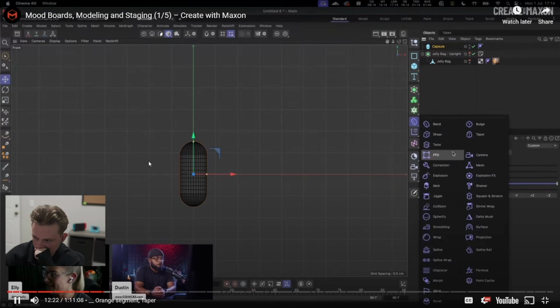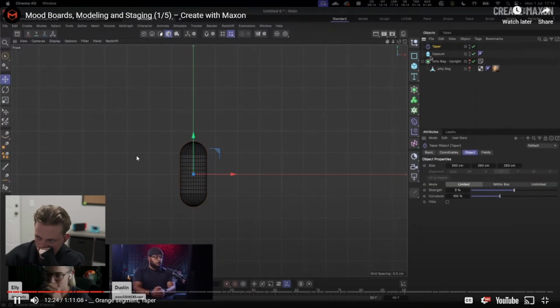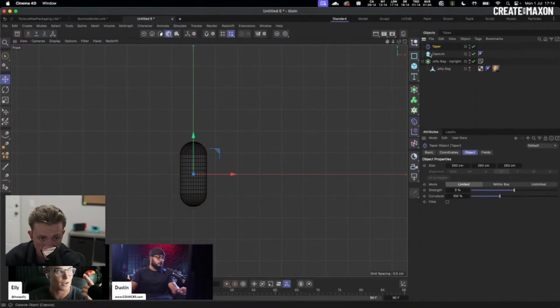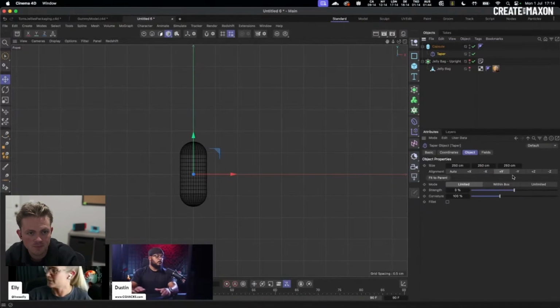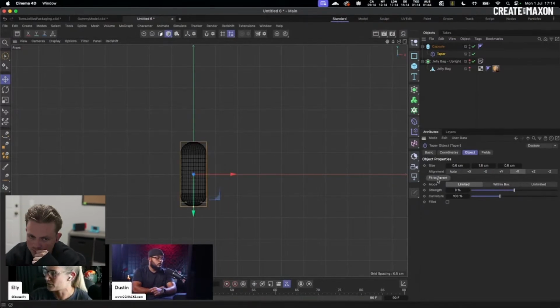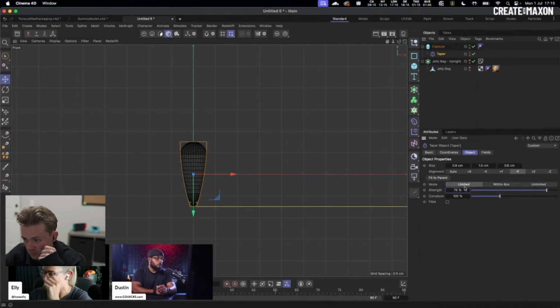And so really easily we can just take our deformers and understanding how we can then create these really simple shapes to then create this gummy. So we're going to put our taper in our capsule, and it is actually in there. It's just really big at the moment. The size is like 250 by 250, and so we can just fit to parent, or we can just do -y then fit to parent, until we can see it's now matched that size, and then maybe we can just add a little bit of some strength in there. And I'm just going to pull this in a little bit,